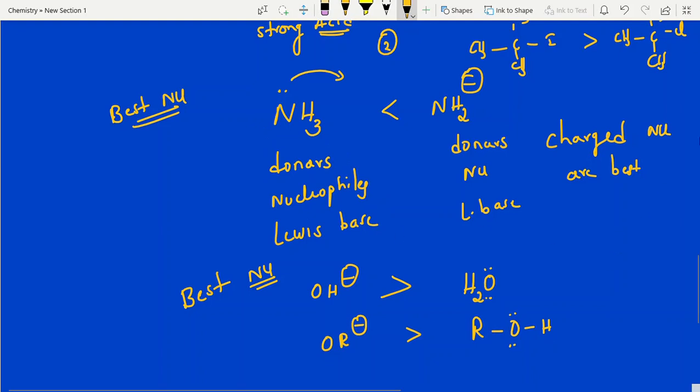Now, next one. Suppose I give one example; coming next videos, we'll get it. Ambident nucleophiles: nitrogen has a lone pair and carbon has a negative charge. Among these two, now tell me, try to understand and give the answer. Here there is a negative charge on carbon, and here a lone pair of electrons. Both act as nucleophiles, but which is the best one? Attacking through carbon is the best one. Clear? That's it. Like that we have to do the questions.